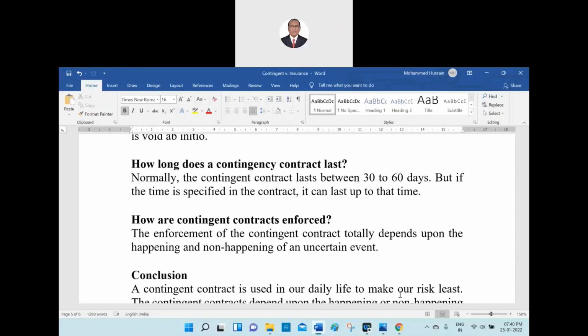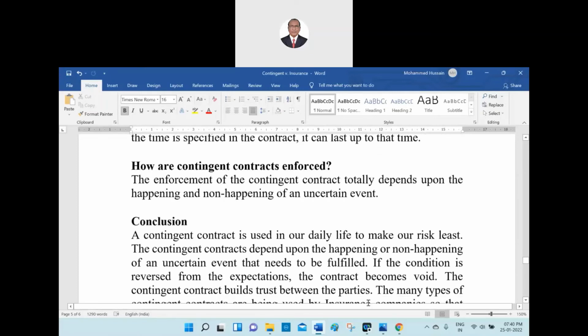Then how are contingent contracts enforced? The enforcement of the contingent contract totally depends upon the happening or non-happening of an uncertain event. So that is the core area, whether happening or not happening, but it should be uncertain. Then only such contracts are valid contracts. But when it becomes impossible,